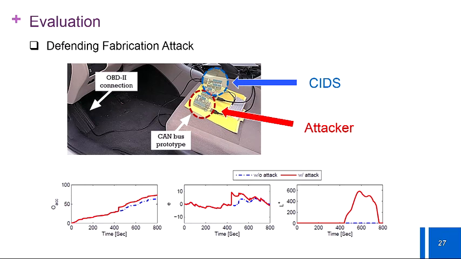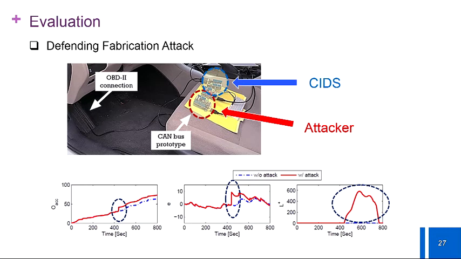As shown as an example before, because of the fabrication attack, there was a sudden shift in how the linear model changed. The blue dotted line shows what was expected, whereas the red line shows what was actually output by the system. Our system showed that sudden shift in the linear model,